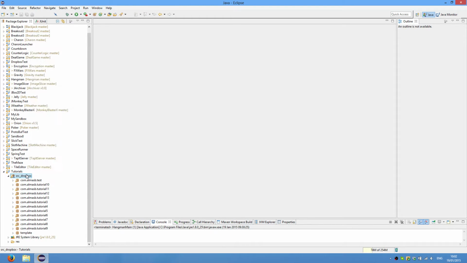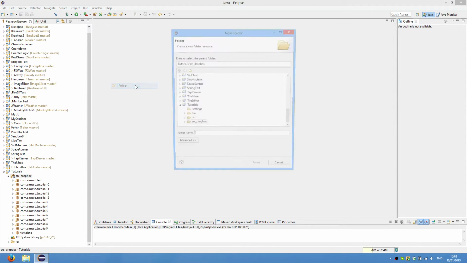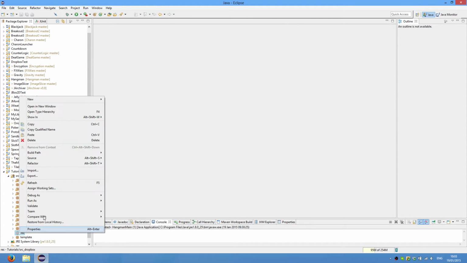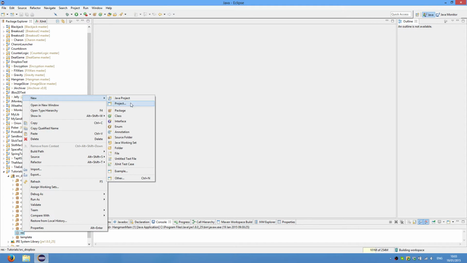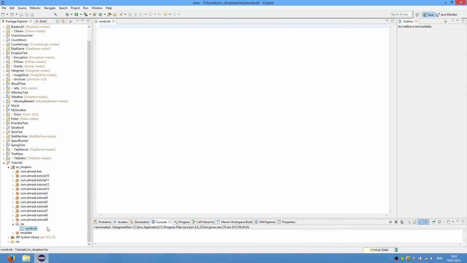So right click on your source folder, new folder, call it again resources or res, and then create new file under the res. New file, call it words.txt. And this file will contain all the words for our Hangman game. So if we just type some random words,